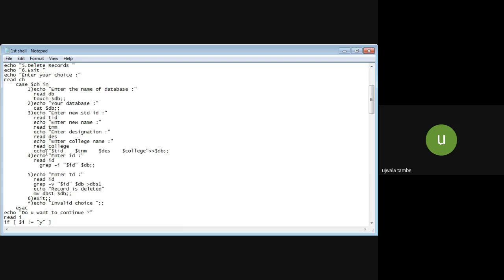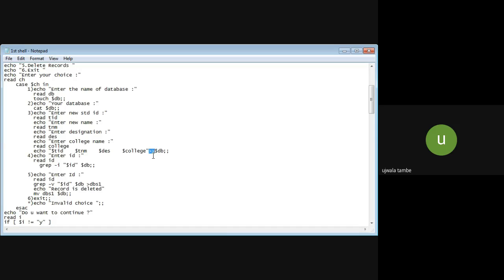And at the end, we have to display all the values. So for displaying, again, we are going to use the echo keyword and all the variables preceded with a dollar sign. And as we know that our DB file is already created, now we have to append these values into the database. That's why we are going to put here two times the redirection operator. Why are we going to use it two times here? Because we have to append the values into the existing database.